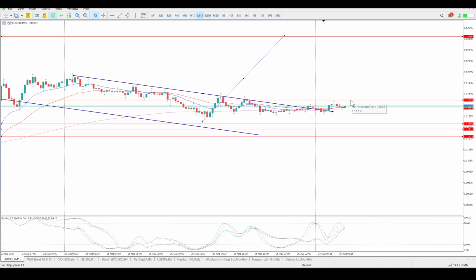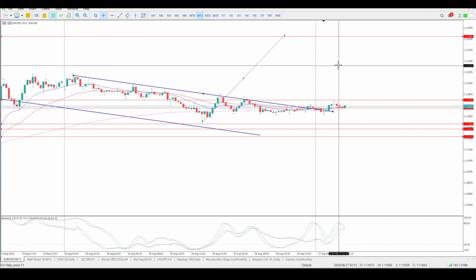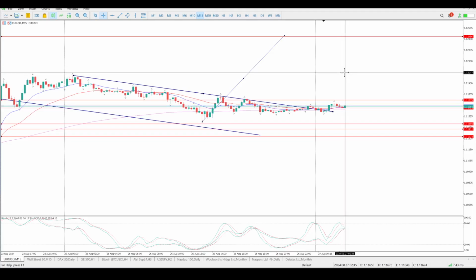Need to clear the zone that we're in at the moment. So the zone is between 111.739 and 111.650. I need to clear it to come back and test it, find support in this area, and then look for the opportunities to enter, targeting, I'd target 112 first. Did we get there yesterday? No, so I would target 112 first,